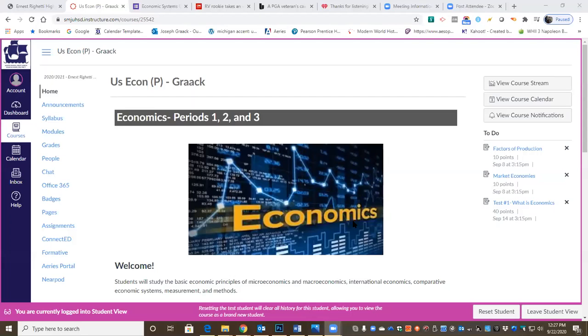So a couple of things. Your semester with me is divided into three. So generally it's 3 6-week periods. This semester, because of the extra days at the beginning for teachers, it was only 5 weeks this grading period. Then it'll be 6 weeks and then 6 weeks, and the semester will be over. So a couple of things regarding